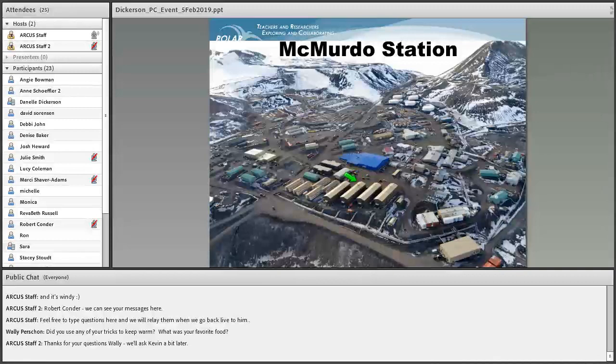The lab, I've got a better picture of the lab. I'll show you that here in a minute. But maybe when we turn the